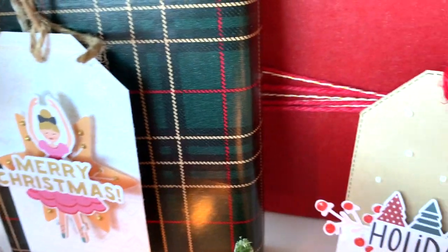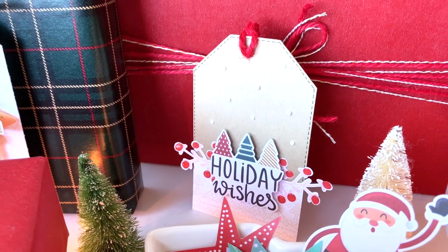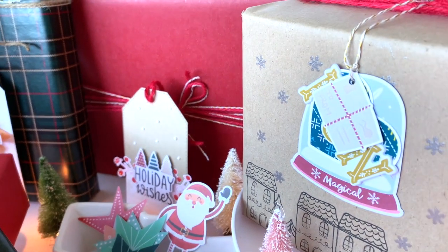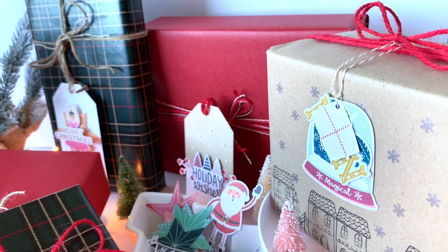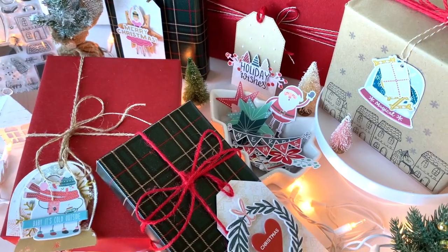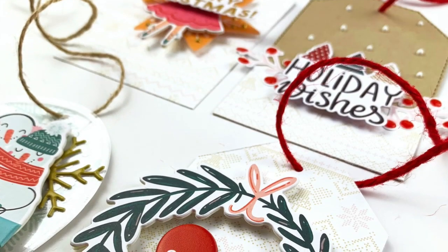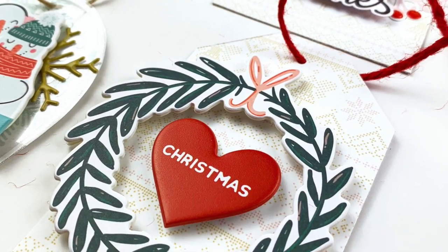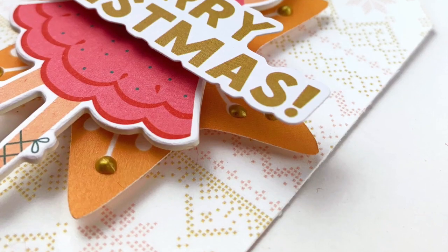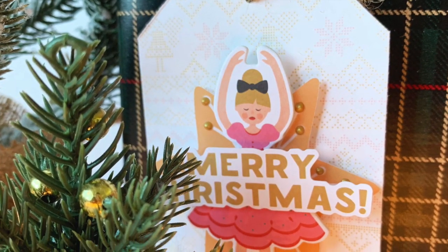I hope you guys enjoyed the video. We're gonna come with a few close-up pictures, but keep it creative. You can use every single element and product that we got this month. The kits are packed with beautiful die cuts, beautiful stickers. The stamp set can be used in so many different ways. In this one, we used it to decorate a tag, to create an acetate globe. We used it to decorate our actual wrapping paper. So the possibilities are